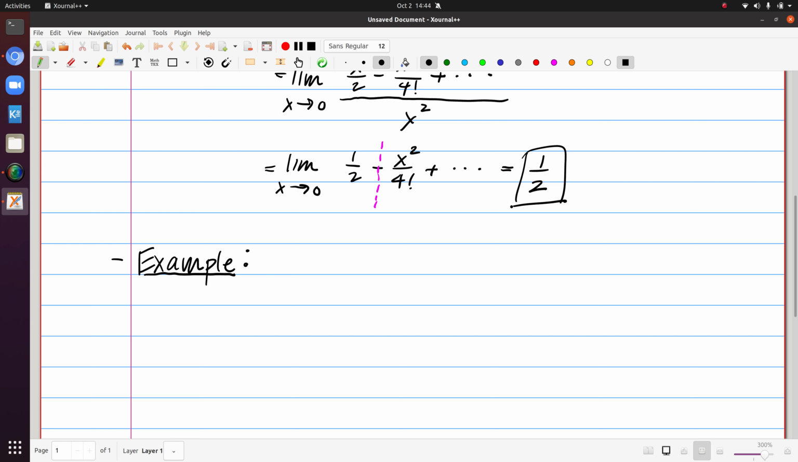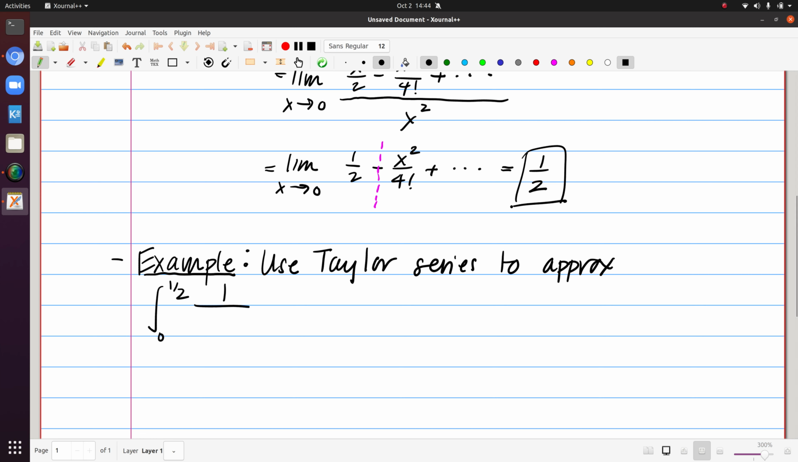So you can imagine a situation where you need to evaluate a definite integral within some level of accuracy, but not necessarily that you need the exact value of that. That's where Taylor series can be really helpful. So use Taylor series to approximate the integral from 0 to 1/2 of the function 1 over 1 plus x to the 7th